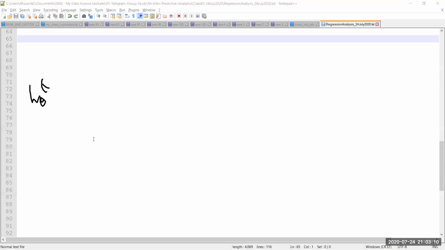Okay, h of theta x, this model is really close to the actual value of y, right? In the set of training examples containing x and y. So using x and y, I'll now be given an unknown x. I want to find the unknown y, and it should be as close as possible. And hence, I need to do a minimization of theta 0 and theta 1. Now, there is a lot of mathematics that we can do to find this.